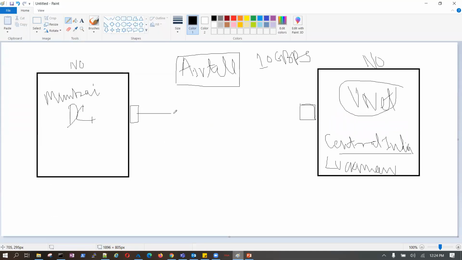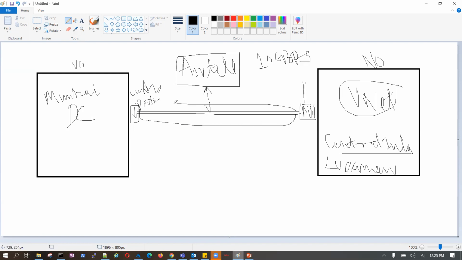Once this link is provided, where it is coming from is my provider's responsibility, and the provider is Airtel. In the cloud, as we are reading in Azure, this becomes a Microsoft edge point, and this is my customer or partner edge point, and all this will be my circuit.